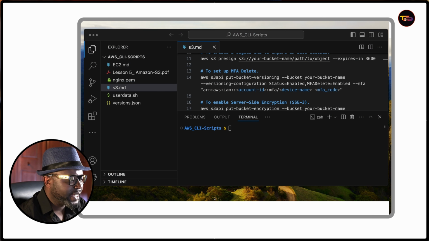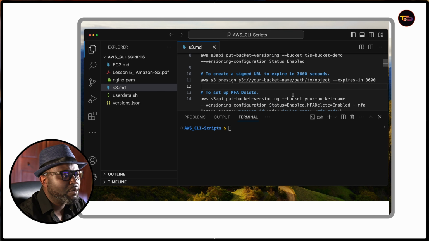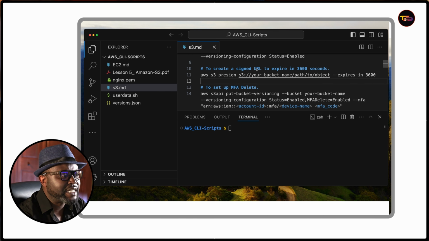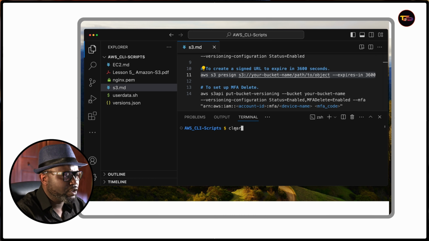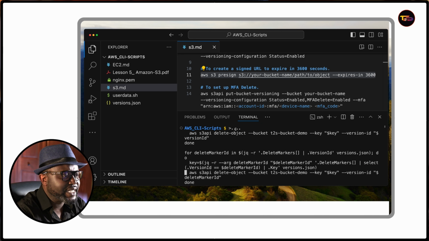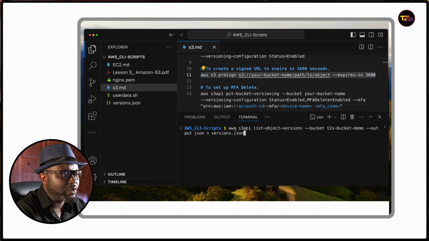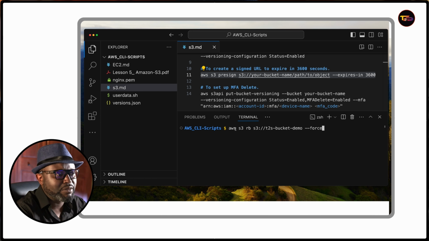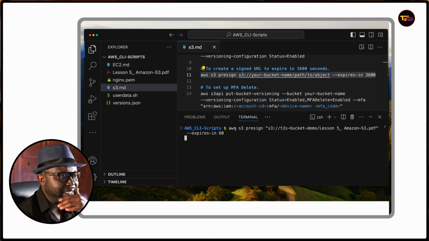Going back to our command line, what we're gonna do next is create a link to allow people access. We're gonna set what they call a signed URL. Meaning, you may have somebody who doesn't work for the company, but they need a version. They only need to access the link for like 60 minutes or 1 hour. For someone like that, what you need to do is create what they call a pre-signed URL link,